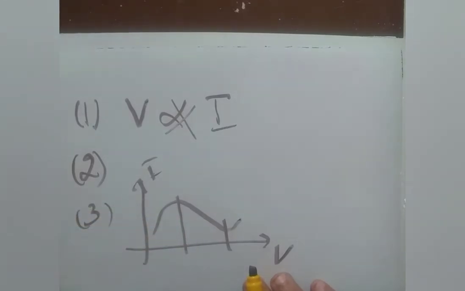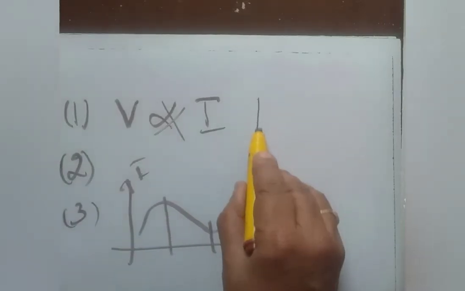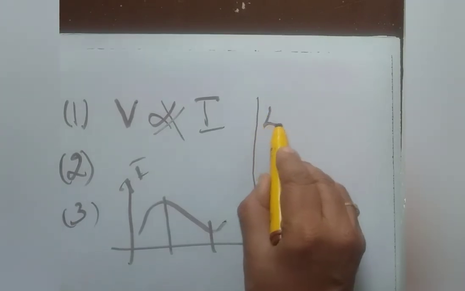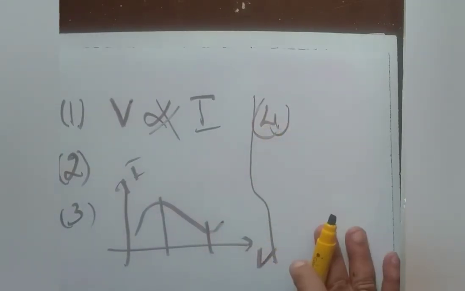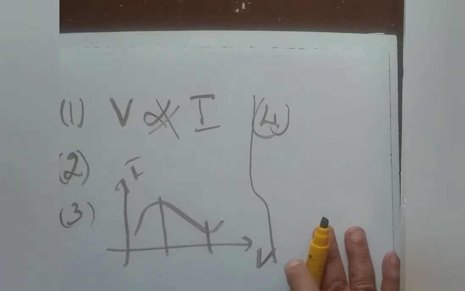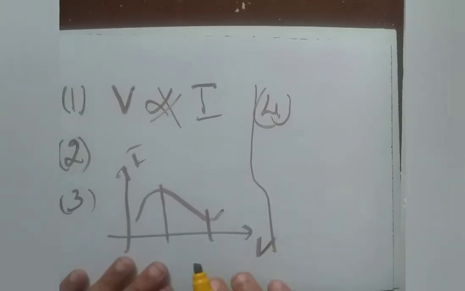That's also a drawback. So these are the few limitations of Ohm's law. And also very important, fourth one, Ohm's law is not valid at too high temperature or too low temperature of the substance. So these are the limitations of Ohm's law. Now we proceed on to one important concept which we come across in the limitation.